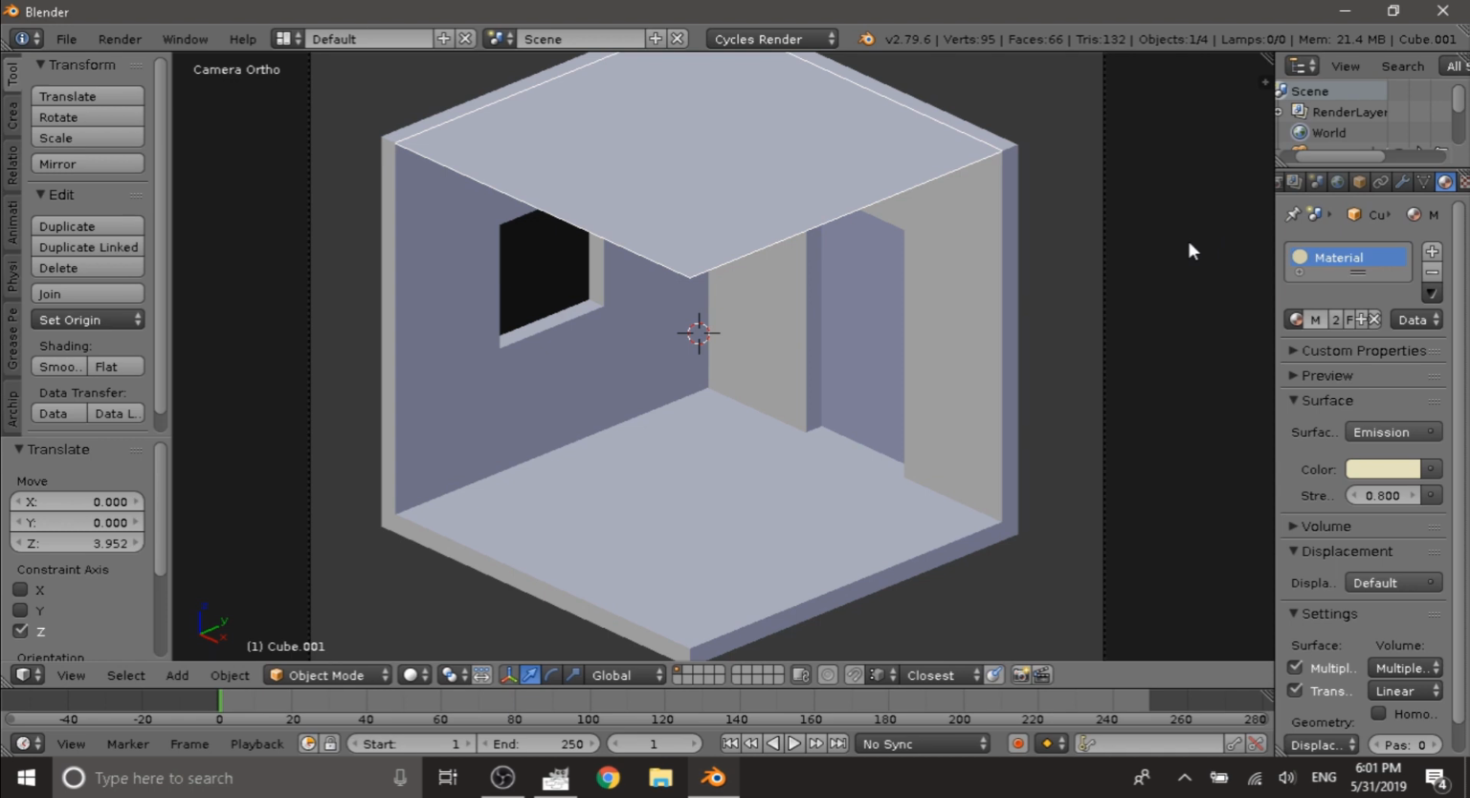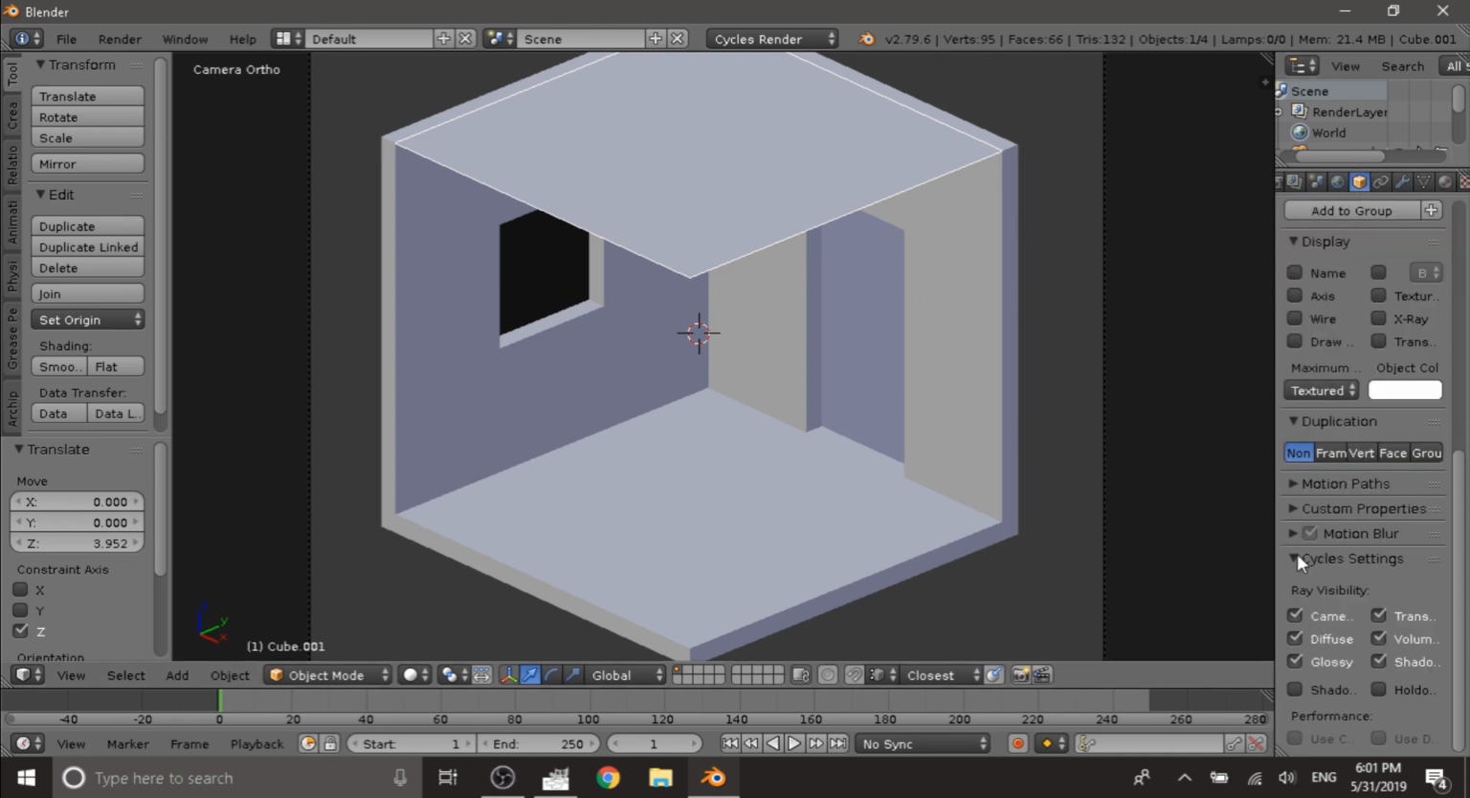And we're gonna do the same thing as we did with the outer lighting. We're gonna go to object, scroll down to the cycle settings, and remove the camera. So what that does is that it gives us like a little